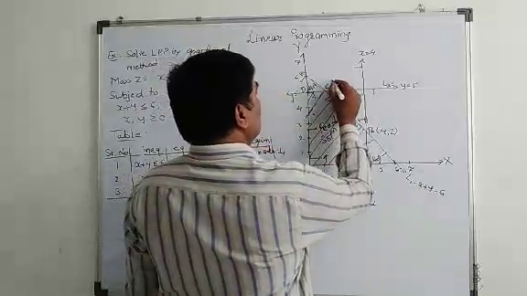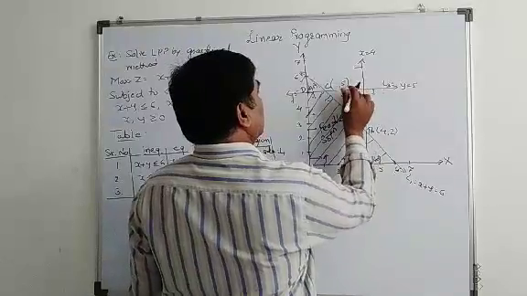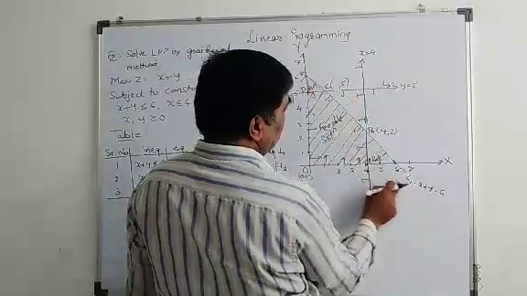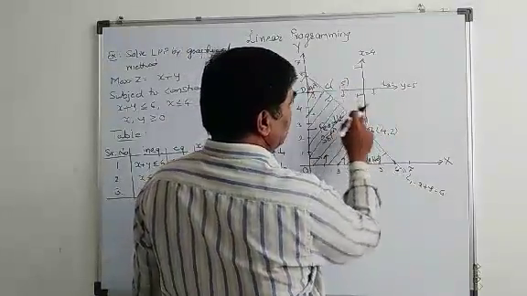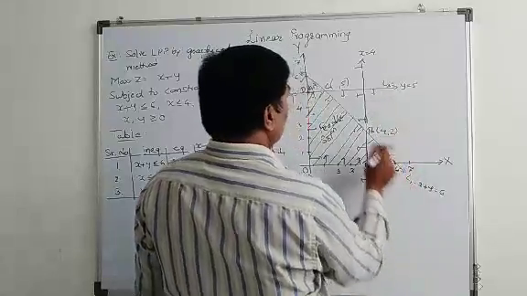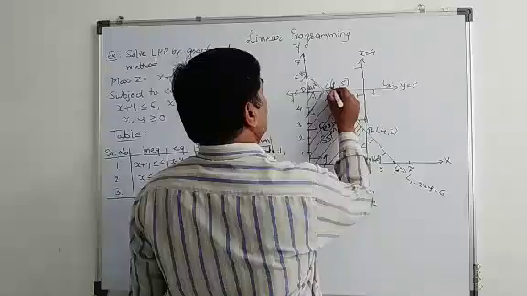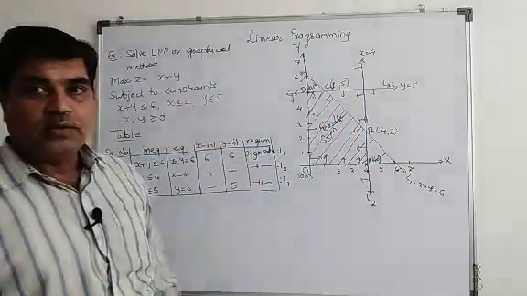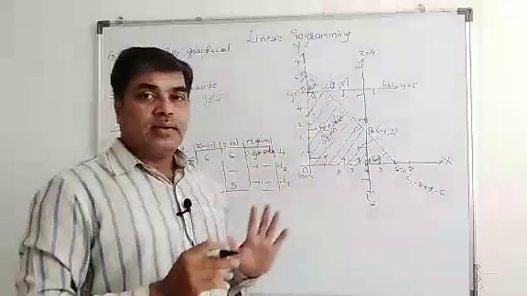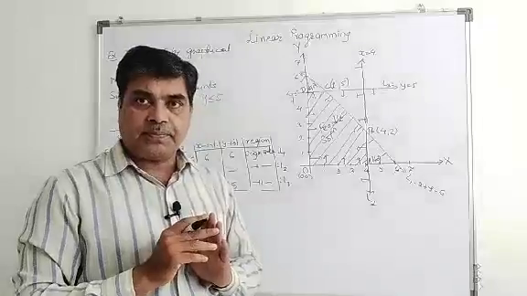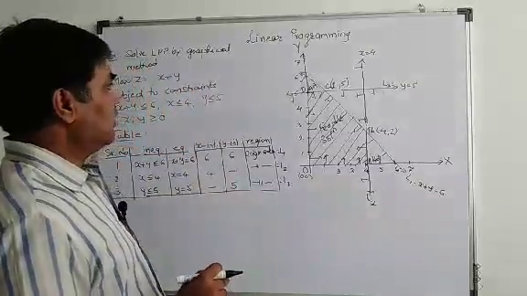For this C also, y equal to 5. Again, C is the intersection point of L1 and L3 lines. Substituting y equal to 5 in this equation, we'll get x is equal to 1. So we are getting B and C points directly from the graph in this example.